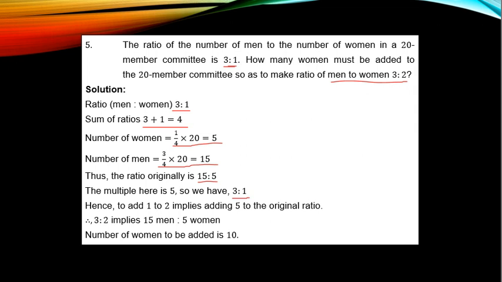So for you to have the ratio 3:2, it means 5 women must be added. So to add 1 to 2 implies adding 5 to the original ratio. So 3:2 implies